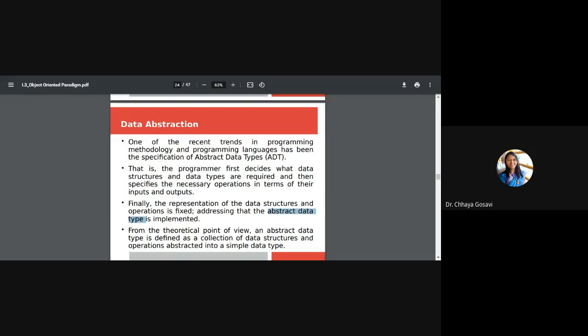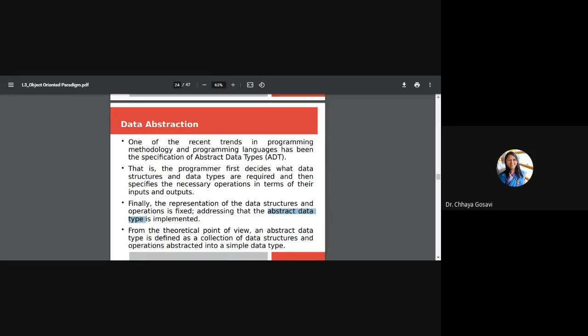I can give you an example of an abstract data type. For example, complex number. You can define a class complex number and the operations that you can perform on a complex number, like addition of two complex numbers, calculating the complex conjugate, subtraction, etc. So the complex number and all the operations on that complex number together can become a class, and we can call that class an abstract data type.